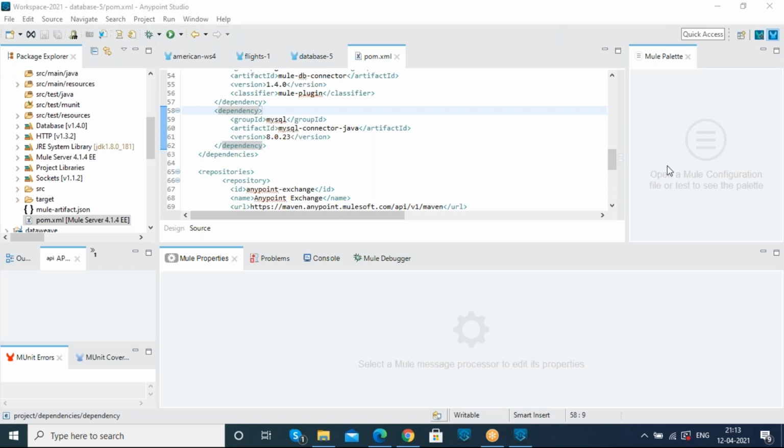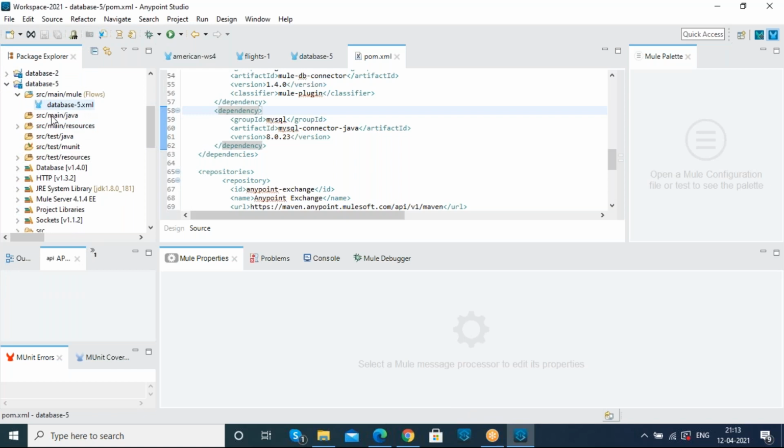Any doubts in it? Sudhir, Radhika, Ramohan? Is this pom.xml available by default, or do we get it after deploying the project? Default. That is the reason I said Maven is in module 4. Whenever we create any project, this pom.xml file will be there for each and every project. Okay.